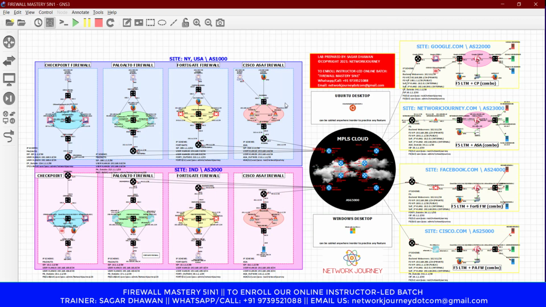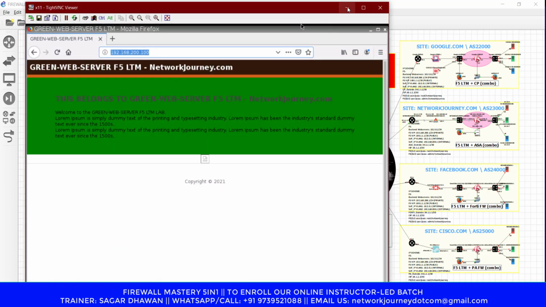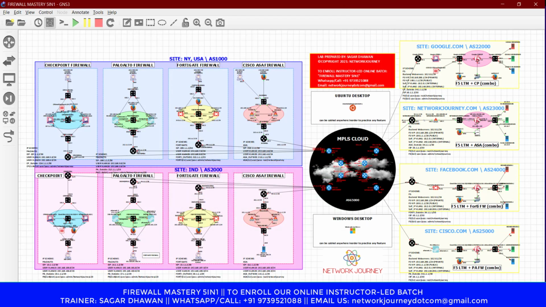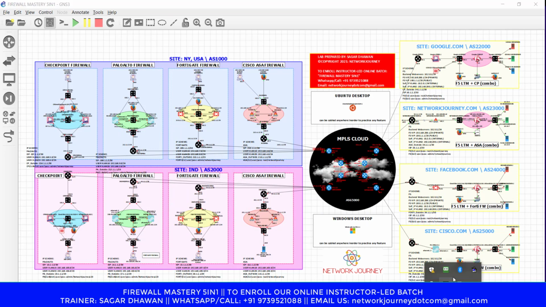So in today's video, I'll try to cover a brief on the F5 LTM load balancer. The main target would be to understand what is LTM, the LTM module of the F5 BIG-IP product. So what I'm doing right now when I'm refreshing, let me make use of my marker here. So I'm here.